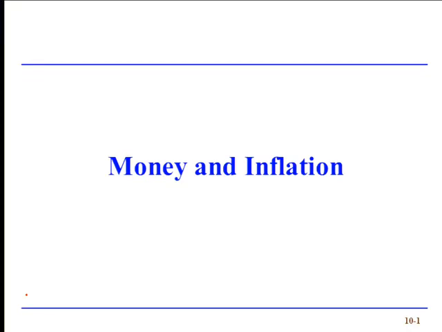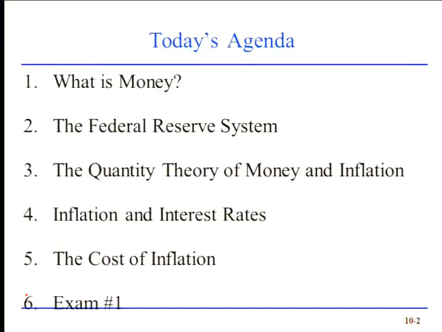Our discussion today about money and inflation will be about money and inflation over the long run, just like our Solow model. So we want to think about longer time periods, not what's happening to the money supply this month or last month or even the last year, not what's happened to inflation over the last year, but think about it over, say, an average annual change over 5 years, 10 years, 20 years, right? What are those long-run changes? So that's where we're going to be going today.